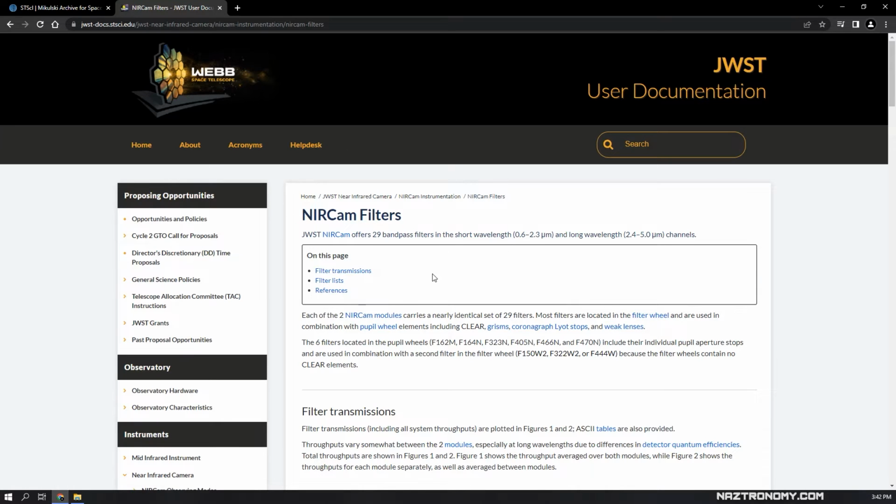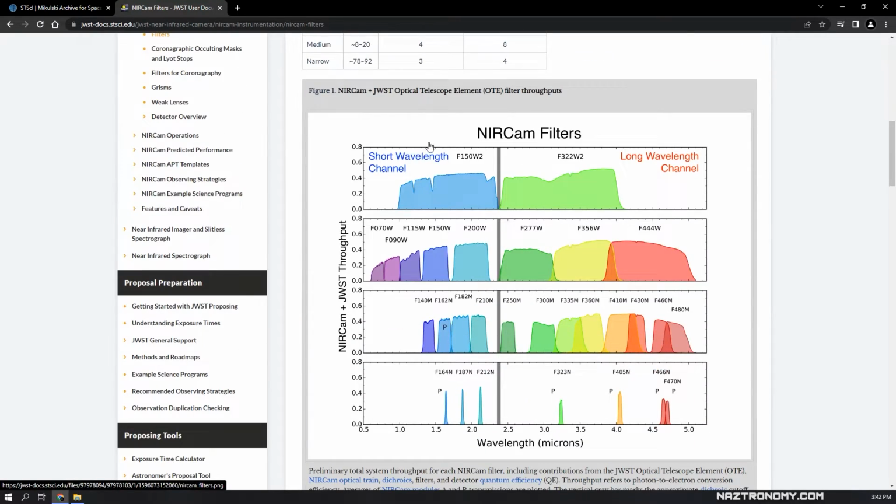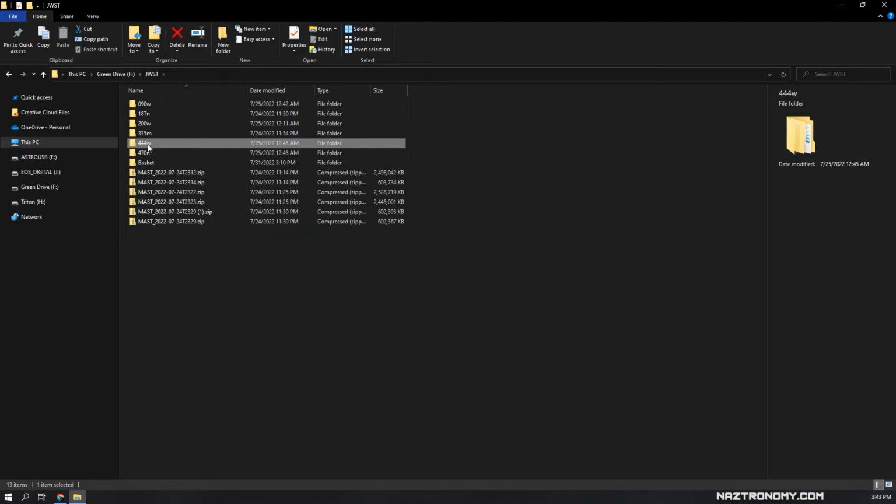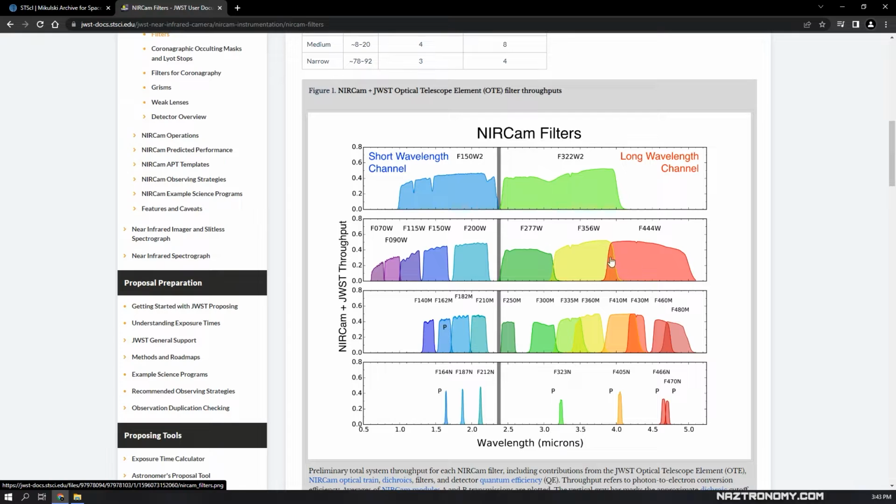STScI documentation page, and they give you some guidance on what the different filter colors they assigned. These are not true colors, all false colors, all taken in infrared or near infrared. But you can see that F444W that we saw on the list here is assigned red,